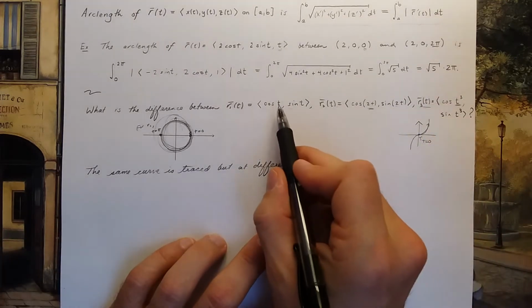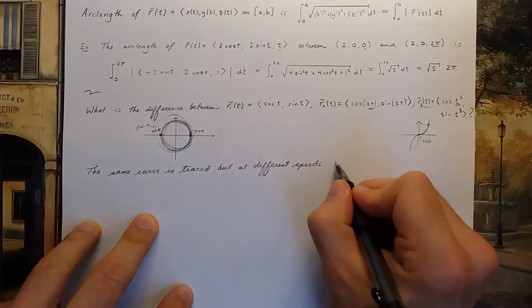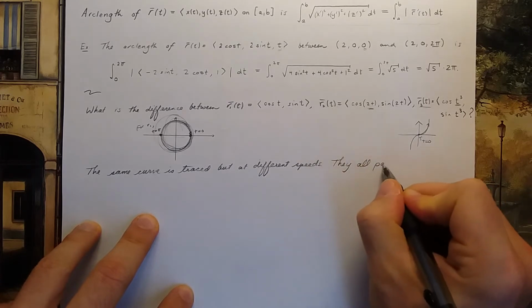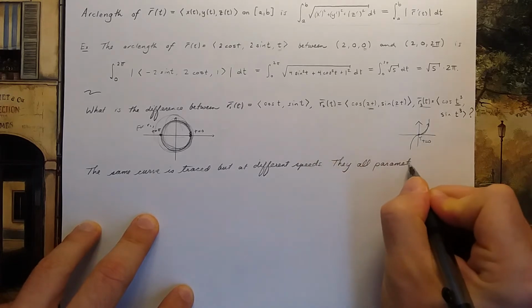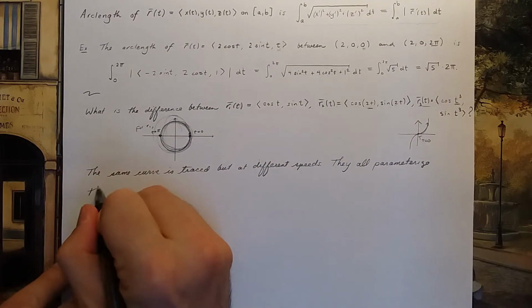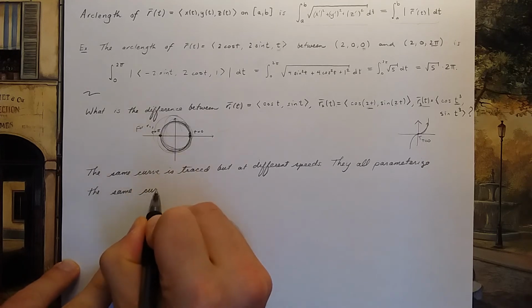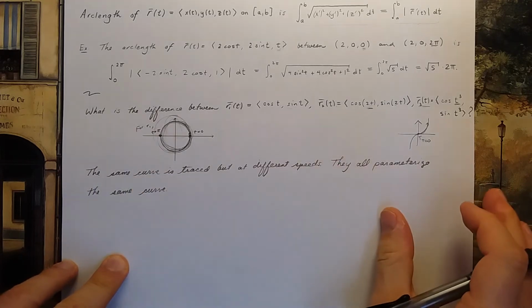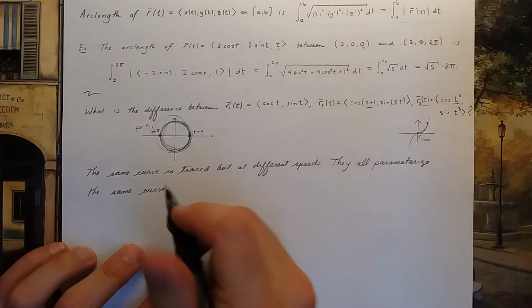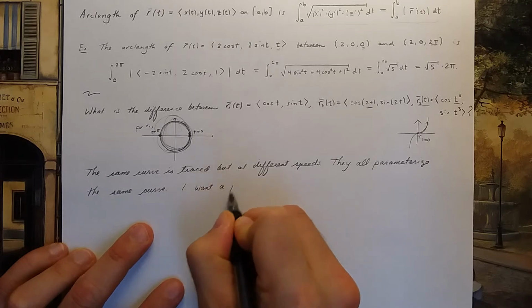These are known as 3 different parameterizations of the circle. They all parameterize the same circle. But here's what I'd like to do. I'd like to find a parameterization